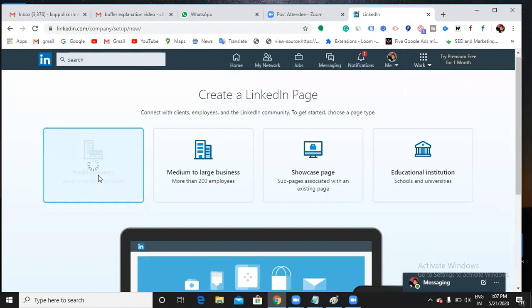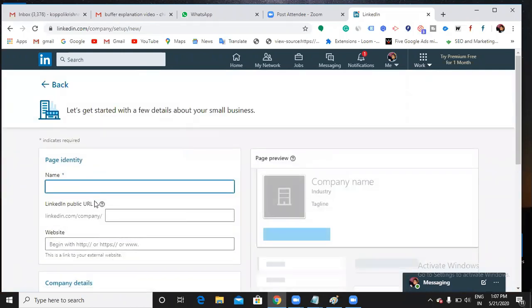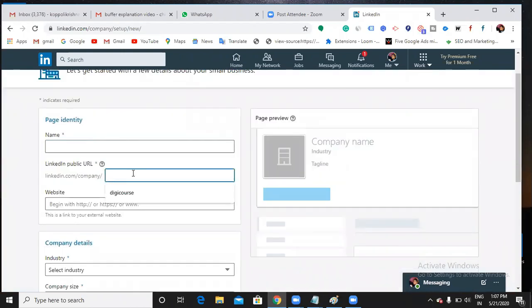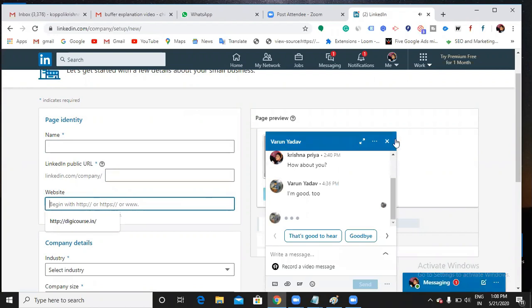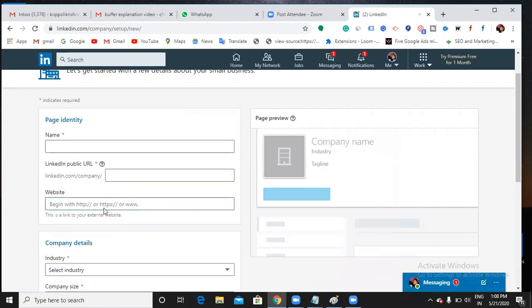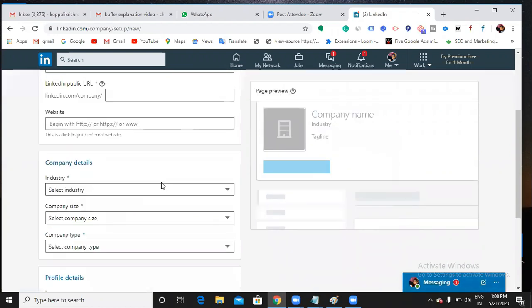Let me choose small business and give the name, then the URL. This is the name that you want to display on LinkedIn when someone searches. And here you mention the website URL, and give some company details and all.